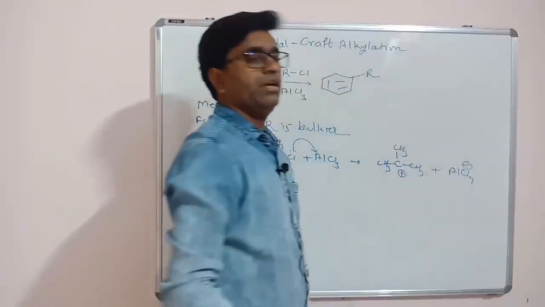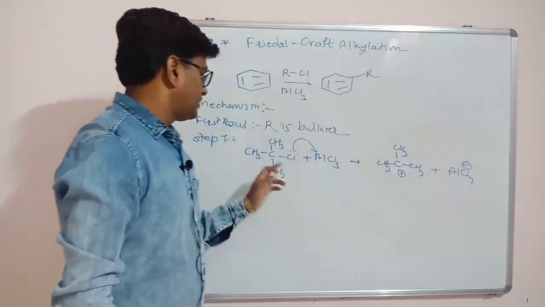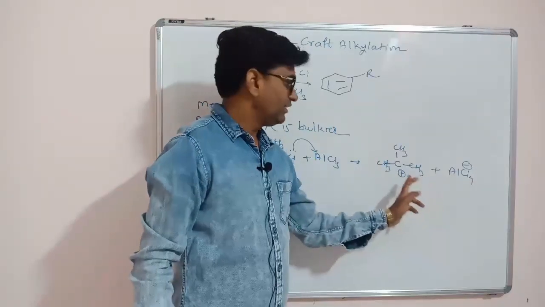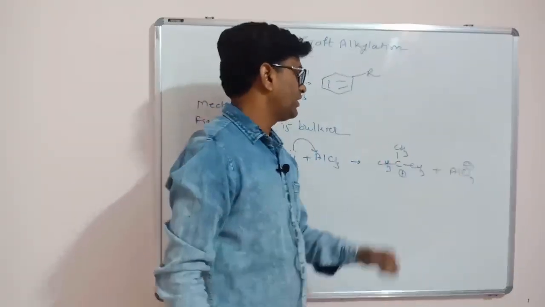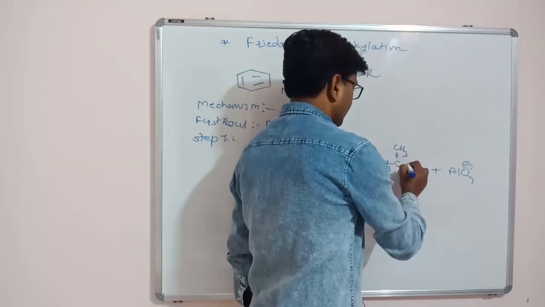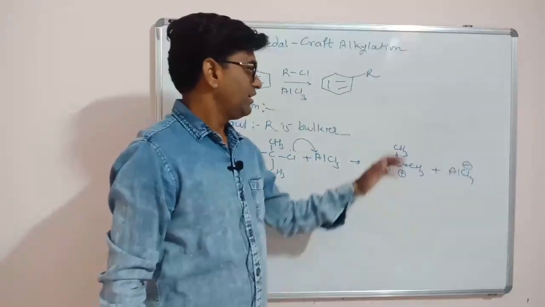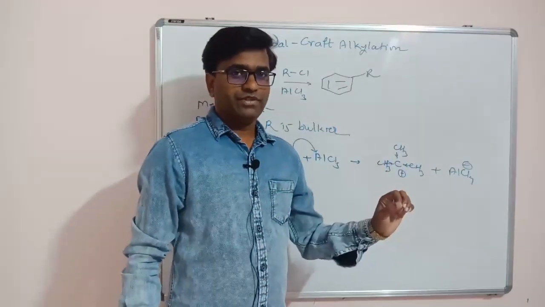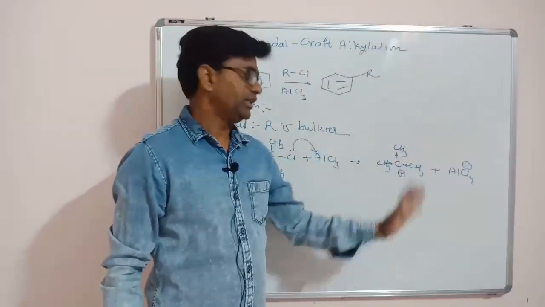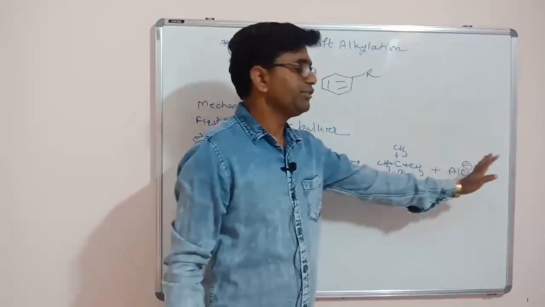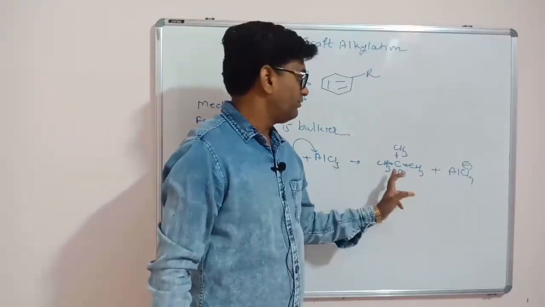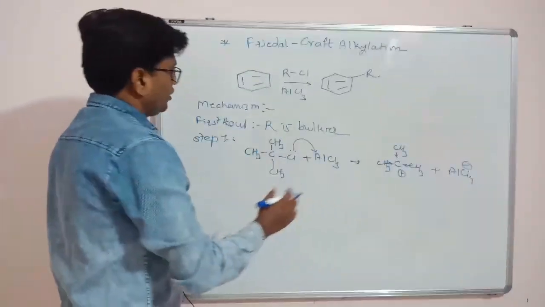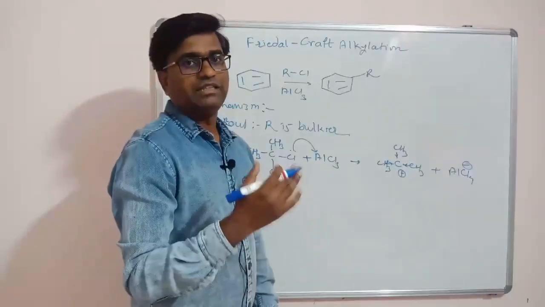AlCl4 minus. We get complete dissociation of this carbon-halogen bond, because the carbocation we get is a tertiary carbocation, and this tertiary carbocation is very stable due to the plus inductive effect of the three alkyl groups as well as the hyperconjugation effect of these methyl groups. This makes a difference between R being bulkier and R being smaller. If R is bulkier, then there is complete dissociation of the carbon-halogen bond and we get a complete carbocation. This is called carbocation formation, or polarization of the alkyl halide.